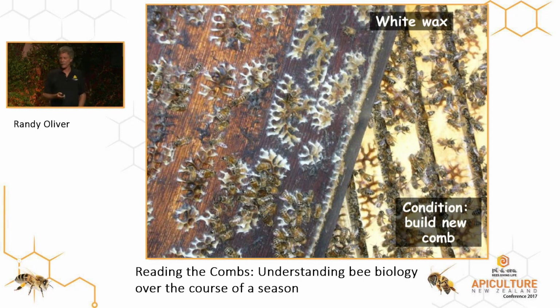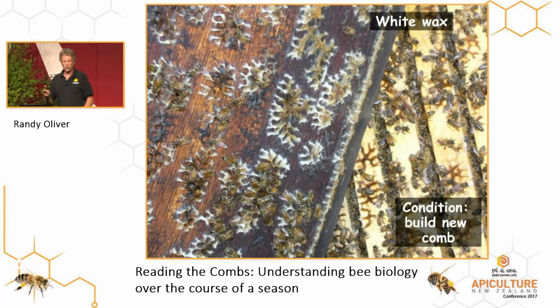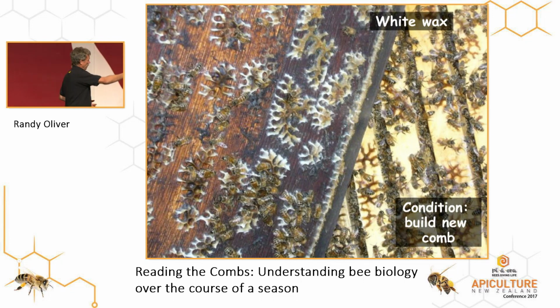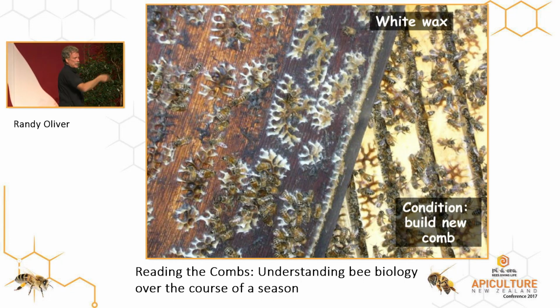And then what you see is, the field bees are not able to take their nectar and put it directly into a comb. It's against the rules in the beehive. They have to pass it to a mid-age bee. And that feedback loop, by how long it takes a mid-age bee to find a cell to put that nectar in, tells them whether or not they need to build more comb inside the cavity. When they have trouble finding an empty cell to store it in, that causes them to activate their wax-producing glands, and they start producing beeswax, and you start seeing white wax inside the hive.